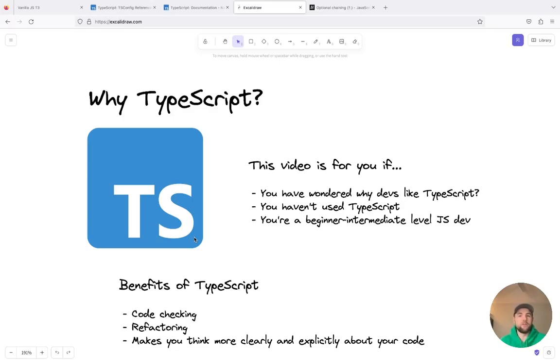I will see you in the next video, which is going to be the same project, but we're going to build it in React. So we're going to take that vanilla JS and make it into a React app, and then eventually we'll actually do another TypeScript refactor where we'll take that React app and do this same process of typing things. So I'll see you in those next couple videos.